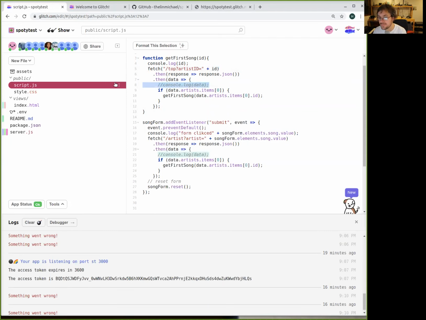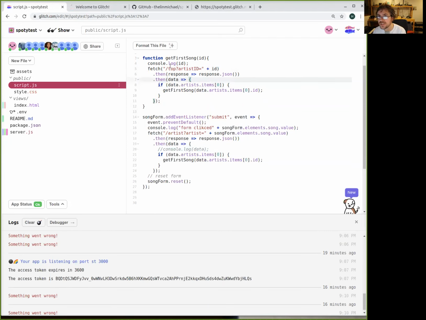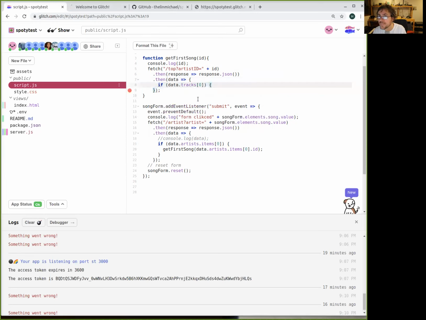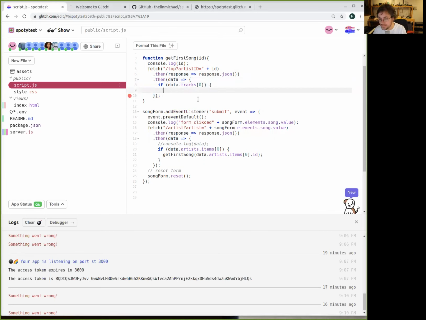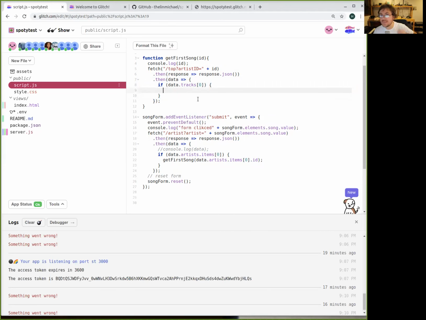If I get the response, now fetch top artist. Yes. Top artist, give me the top artist. And then we got data. And if there is a song, which is now different, right? If there is a song, please give me the ID of that particular song.